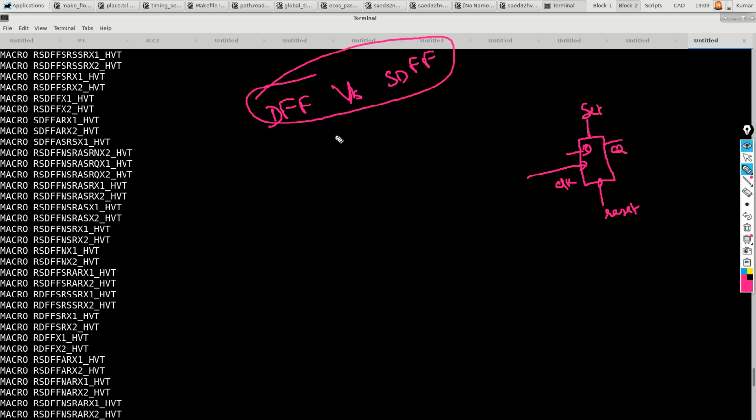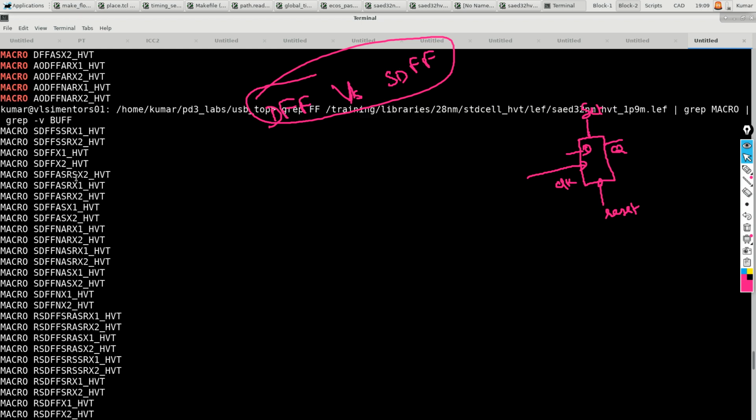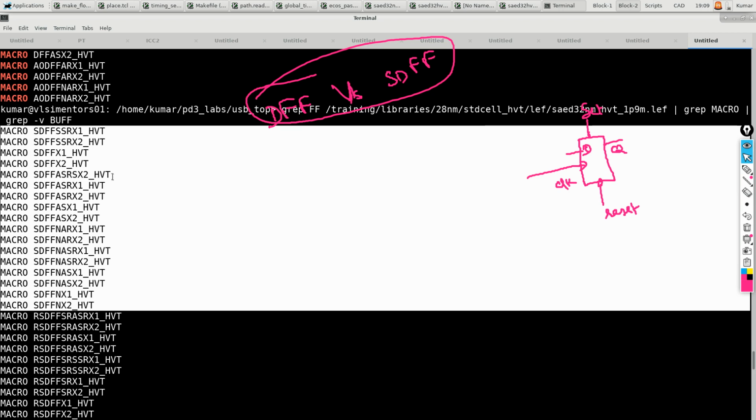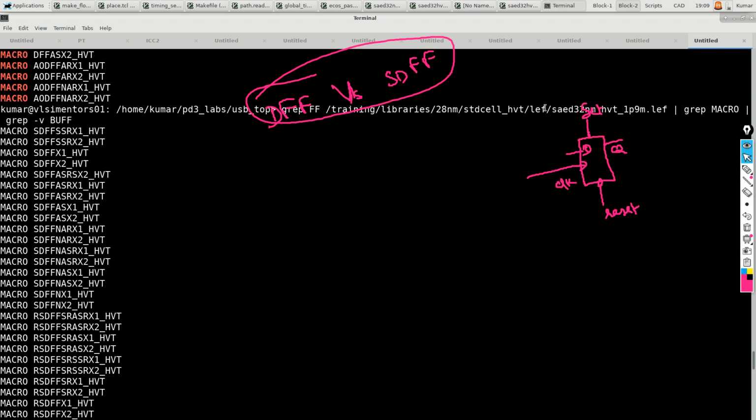So which one do we use in our design? Pretty much we use DFF, but then what is that SDFF? That is simple. It's called scannable D flip flop. If you see here, these are all your cell types. Now, in case you wanted to know more on it,